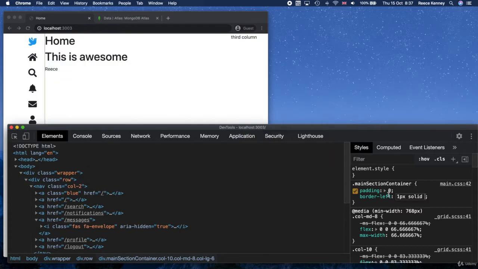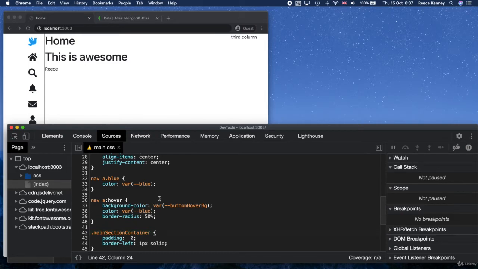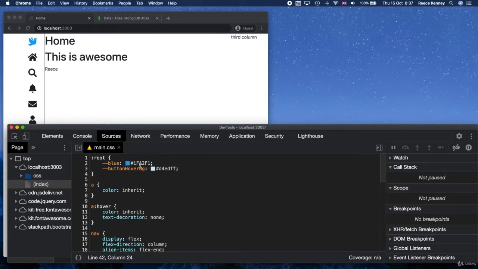have, but we're going to define that in a variable. So what we need to do is go to our roots part. So you can do that by clicking the sources tab to take us to our CSS file, or you can click on the link that's right here. There's a link which tells you where the style comes from. So if I click that, it will take us to the sources tab in that file. But yeah, we'll scroll up to the top and we'll define a new color here. This is going to be